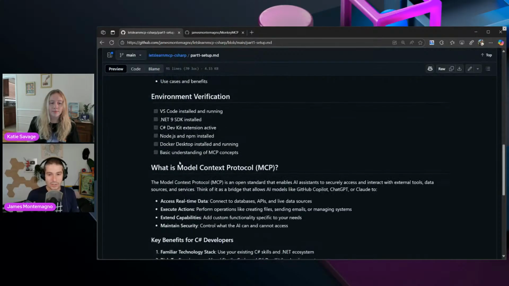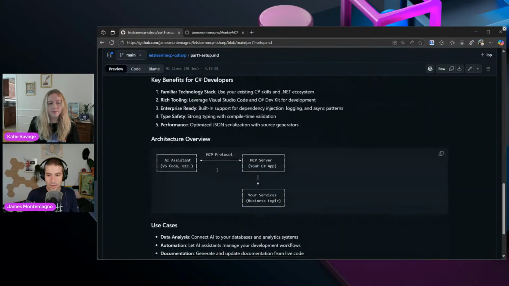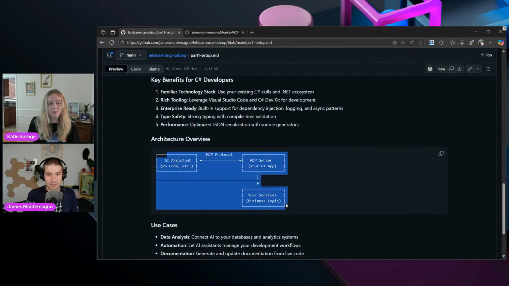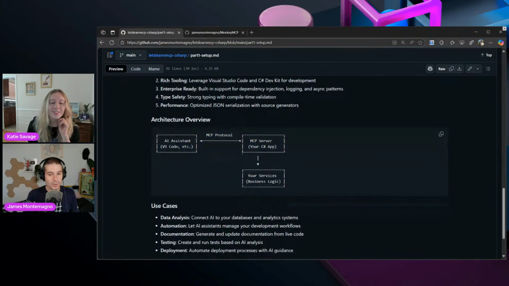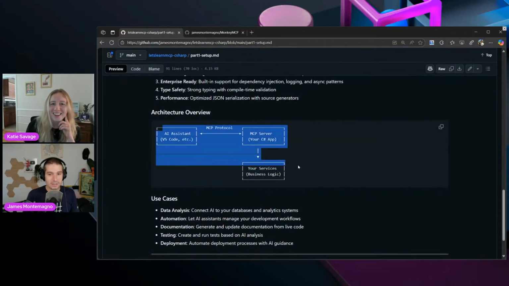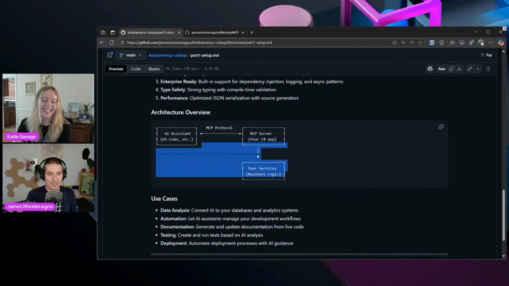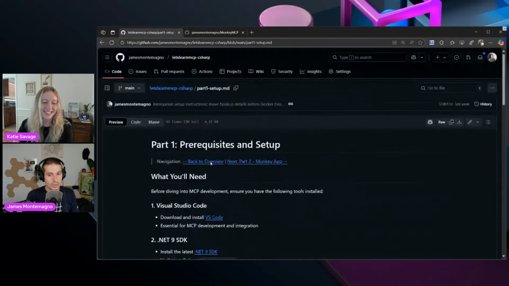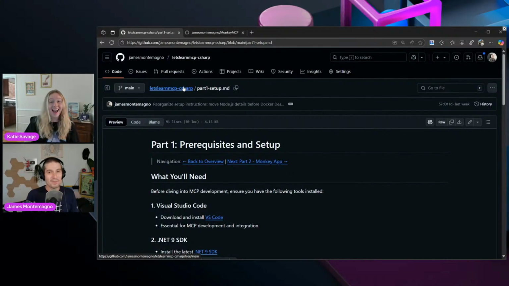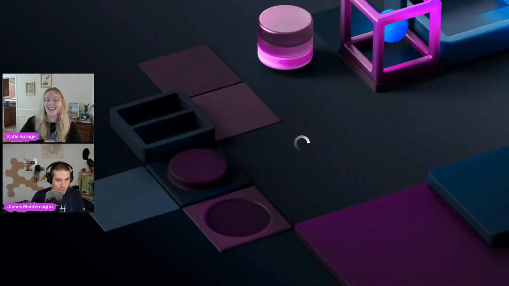There's even a nice little checklist. This checklist was created by Copilot. Look at it. It even has a little TLDR if you're doing this async and you're a visual learner. It did some ASCII art. I didn't ask it to. You didn't ask it to? Katie gets kicked off the stream.